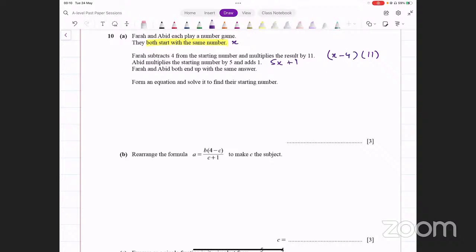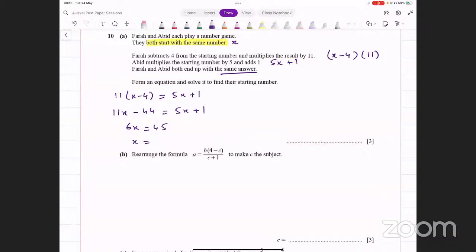The results should be the same for both, so we equate them. We got 11 into x minus 4, that equals 5x plus 1. We just have to solve this equation. We get 11x minus 44, that equals 5x plus 1. 6x equals 45 and x equals